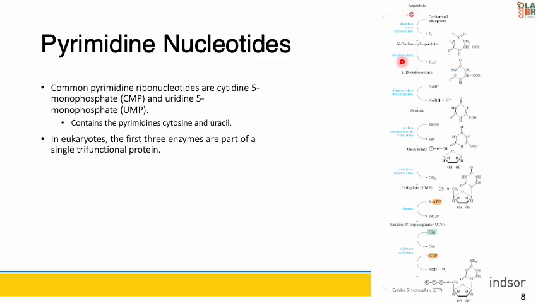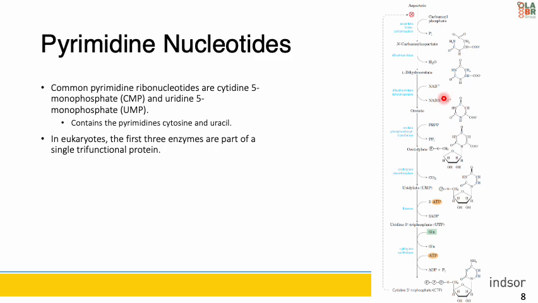The pyrimidine ring is closed to form L-dihydroorotate. So you can see right here, we have the removal of water, and the previous structure is now closed to form this nice ring structure. Now we have our molecule L-dihydroorotate. This compound is then oxidized to the pyrimidine derivative orotate. You can see right here we have orotate, we have NAD plus coming in, and we leave with NADH plus H plus. This compound is oxidized, a reaction in which NAD is the ultimate electron acceptor. Okay, so it's NAD that is the ultimate electron acceptor.